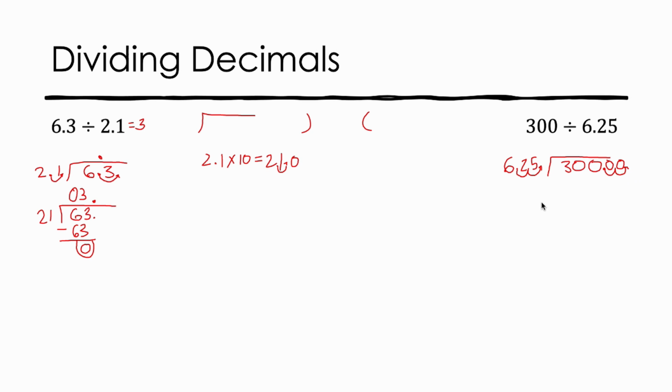So if we rewrite this division problem, this is 30,000 divided by 625. And again, this is equivalent to this. So whatever we get for this, that's what this is equivalent to. So let's solve this. And before we solve it, I encourage you to pause this video and just try it out. I've pretty much done most of the work for you.